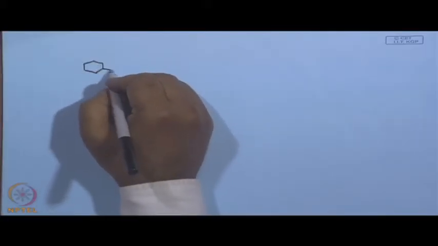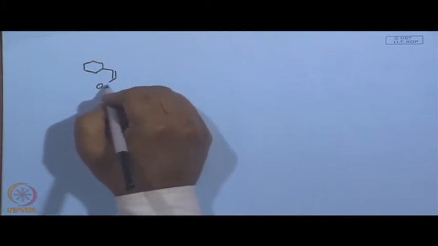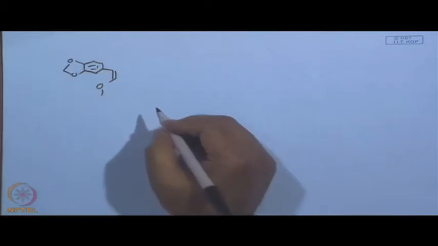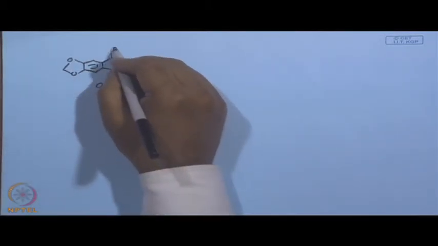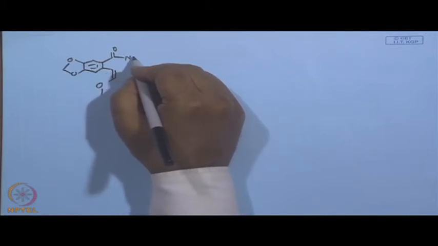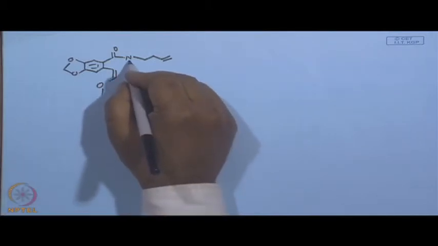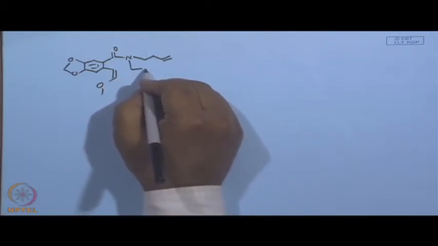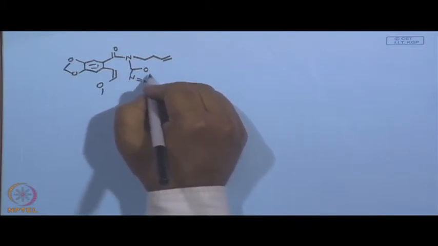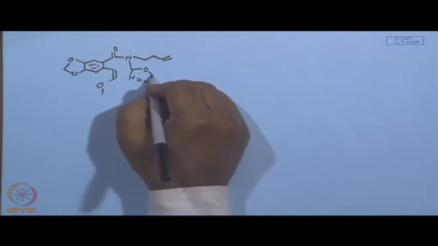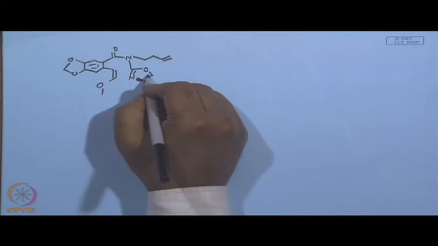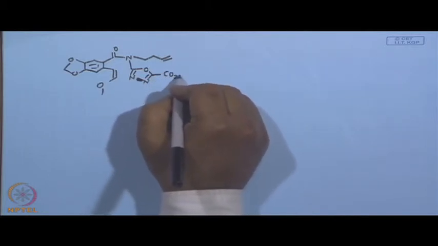Actually, here again you have an olefin, and these are the typical natural product skeleton, that dioxolane. Then you have an amide group here. This amide is functionalized with 4 carbon. Then this is now connected to oxadiazole. Oxadiazole means in this case 1,3,4 oxadiazole, sorry, and this oxadiazole, okay,